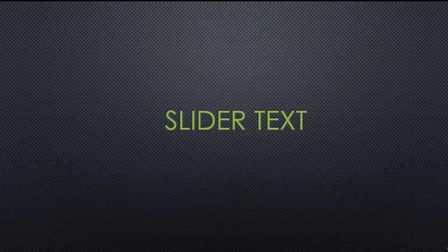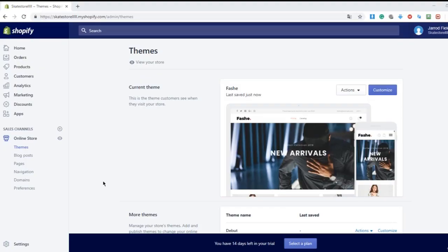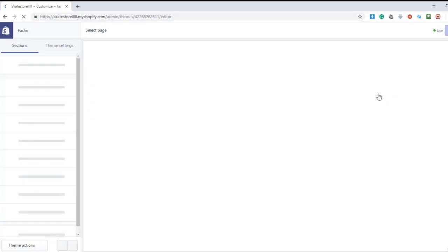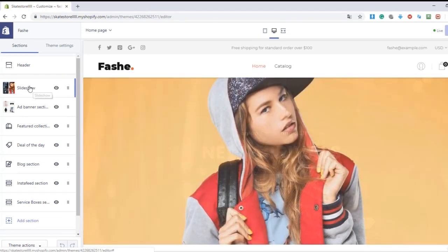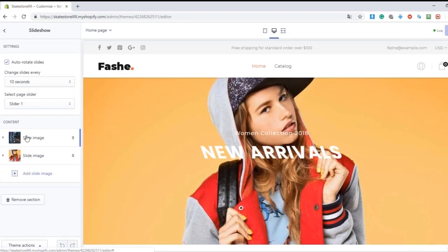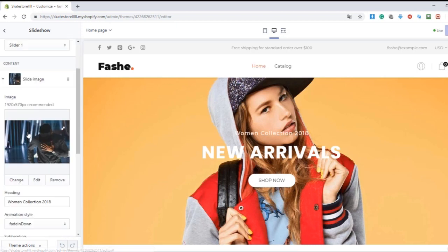In this lecture, I will show you how you edit your text in your slider image. Okay, once we are at the dashboard, I'm gonna navigate to Customize, and I will wait. Okay, once I'm there, I'm gonna click on Slideshow, and I'm gonna click on the first slide that we just